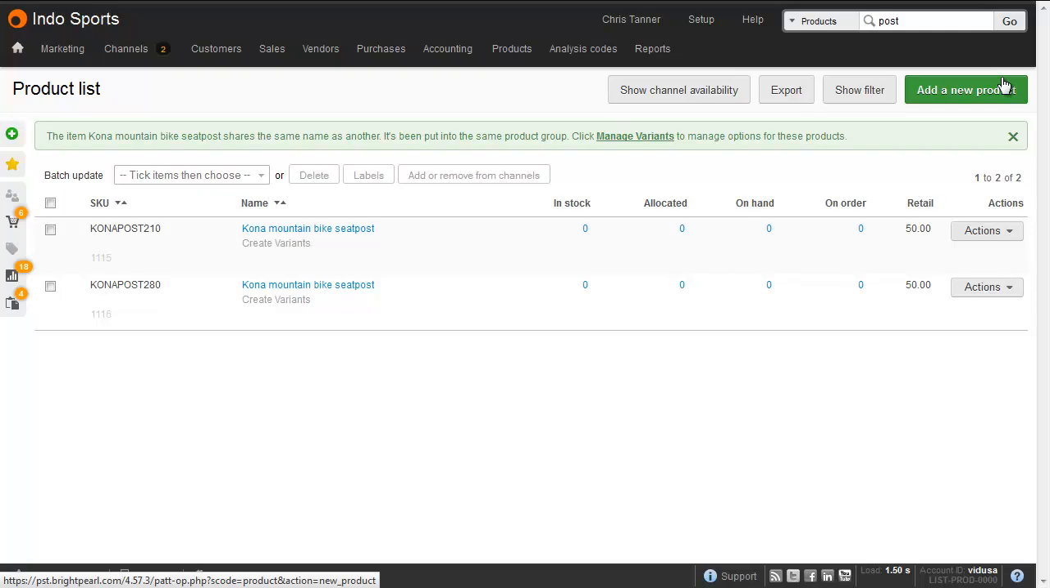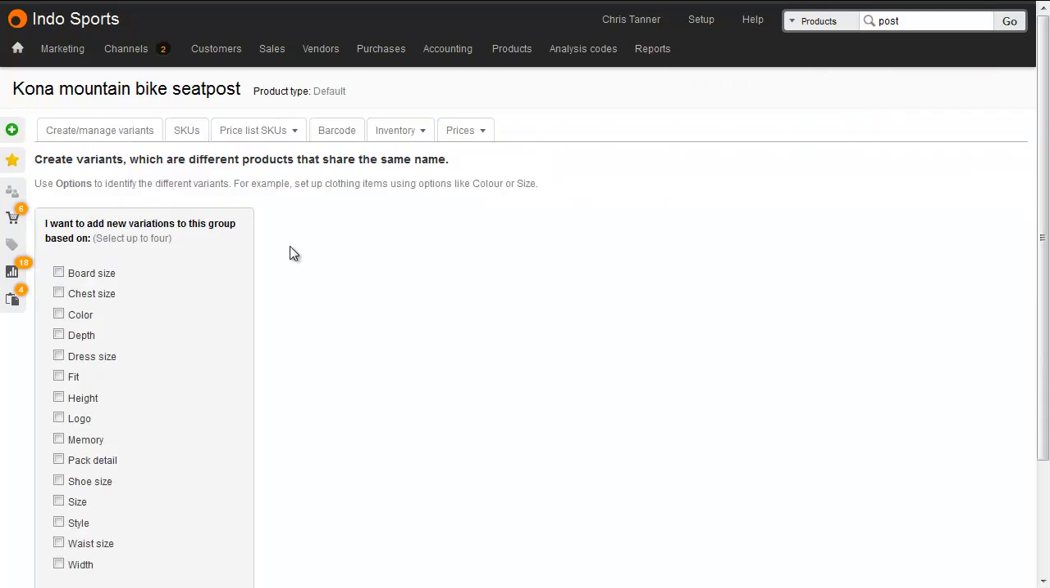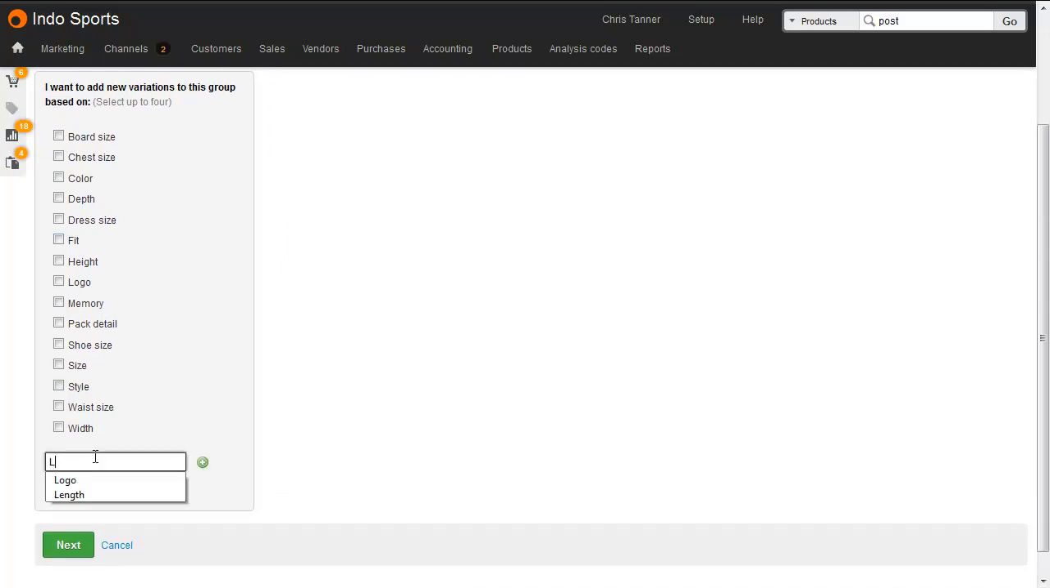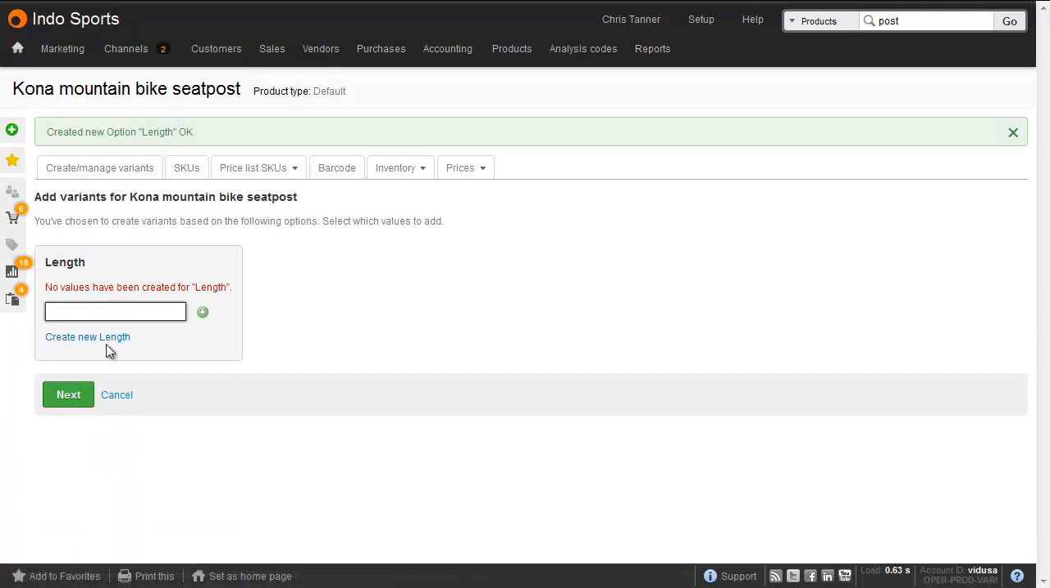The green message at the top of the screen shows that Brightpearl has now put these 2 different items into a product group. But at the moment they don't have anything to differentiate them, so we need to add variants. Let's click Create Variants, where we can choose what differentiates them. For the seat post it's length, which I don't actually have as an option yet, so let's create it on the fly. And we'll give it 2 values,